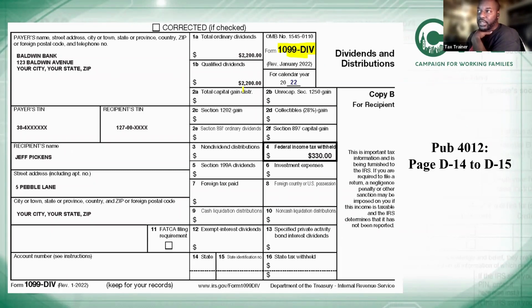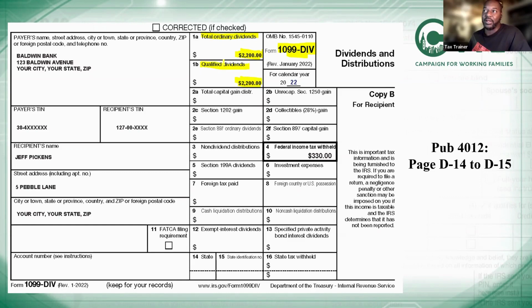Here's something that I need you to understand about this form, though. There's ordinary dividends and there's qualified dividends. I want you to understand that this is all the same money. What it does is basically help us understand how much of that money we want taxed at a lower amount. So for an example, this person had $2,200 of dividends. This is how much they received, not $4,400. They received $2,200 of dividends. Of the $2,200 they received in dividends, all of it is going to be taxed at a lower rate